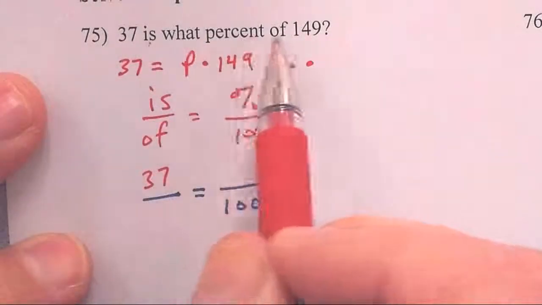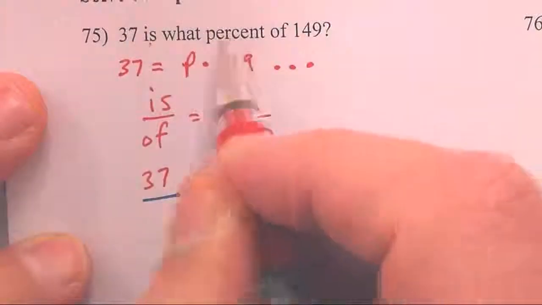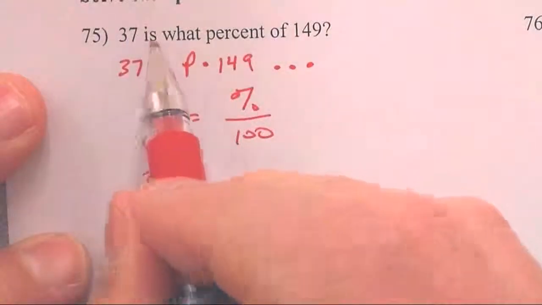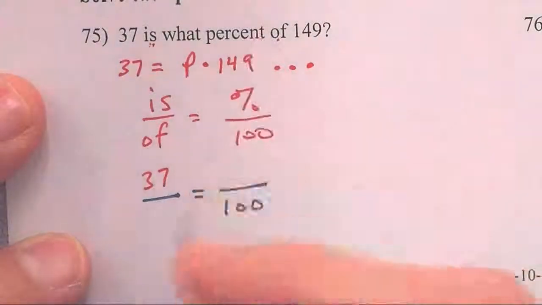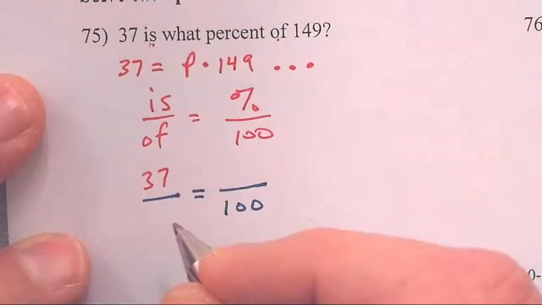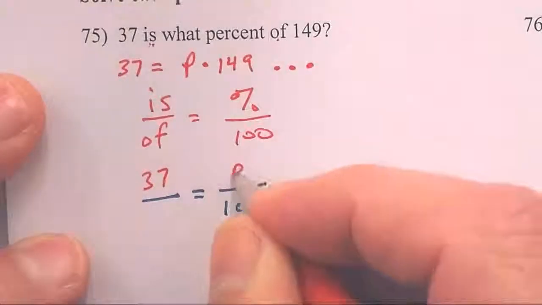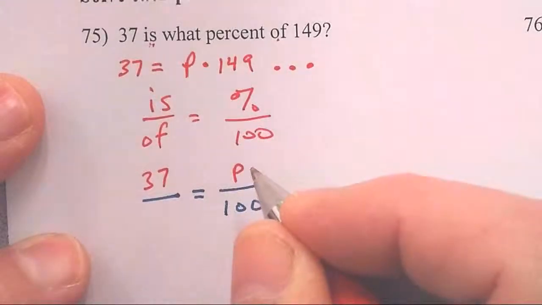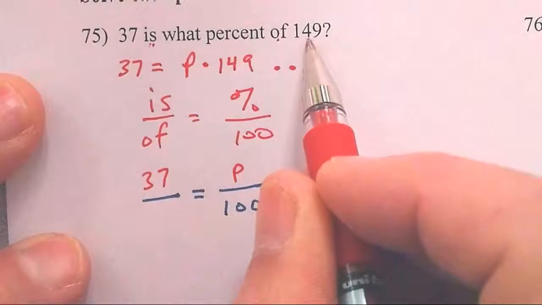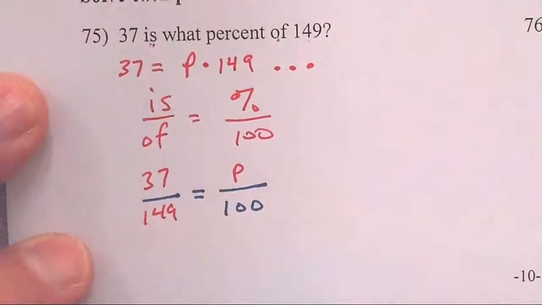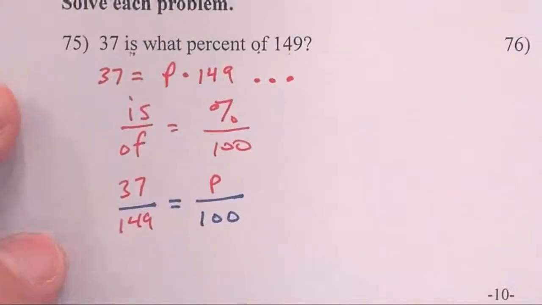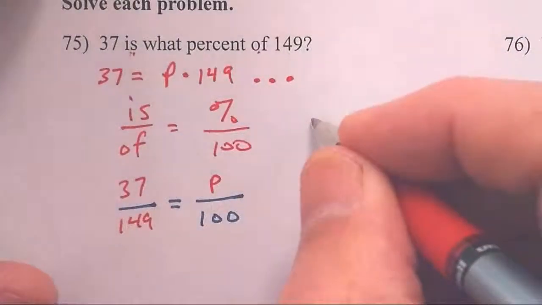What percent of? Now, what percent? I'm going to call that P. What percent is with is on one side and of on the other? But it can't be the is. 37 is the is. So what percent is over of equals percent over 100. 149 must be my of. Is over of 149. And now, if we cross multiply those, we get